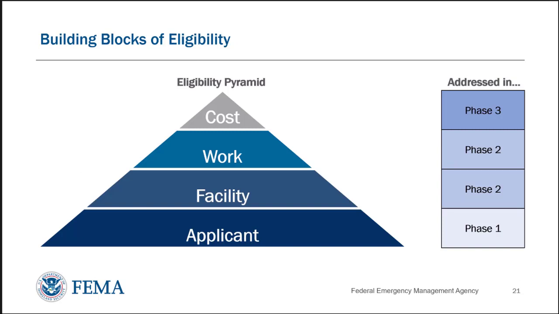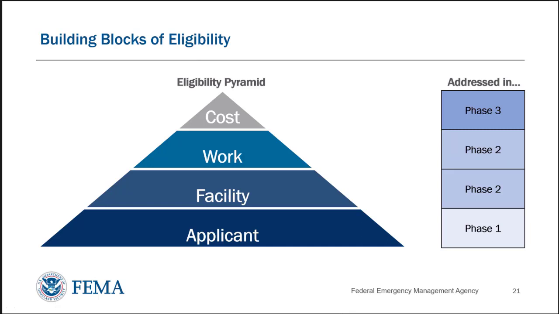At the very bottom level, the biggest level, is the applicant themselves. Are they that entity? Is it a privately owned school versus a public school, versus whatever criteria may be for private ownership, for, again, PNPs, private nonprofits? What if they are for-profit? What are those questions? Answering questions about eligibility there in phase 1 as the disaster is being set up,